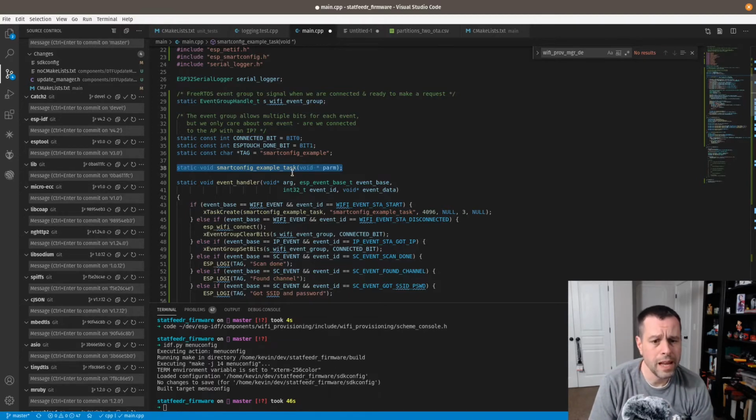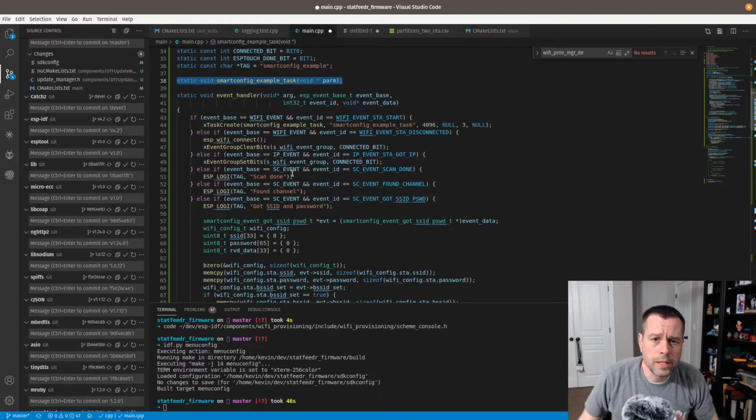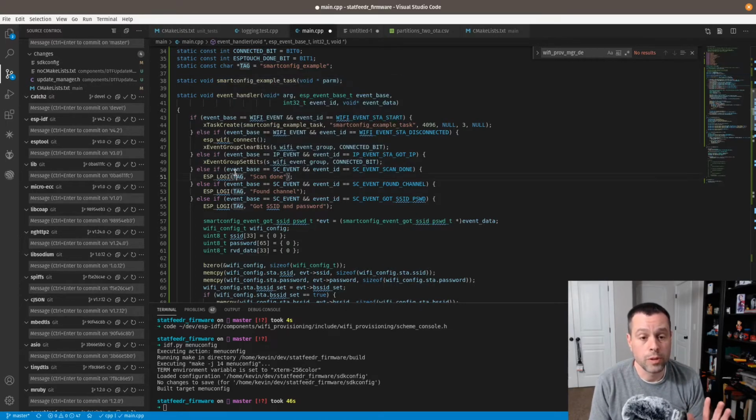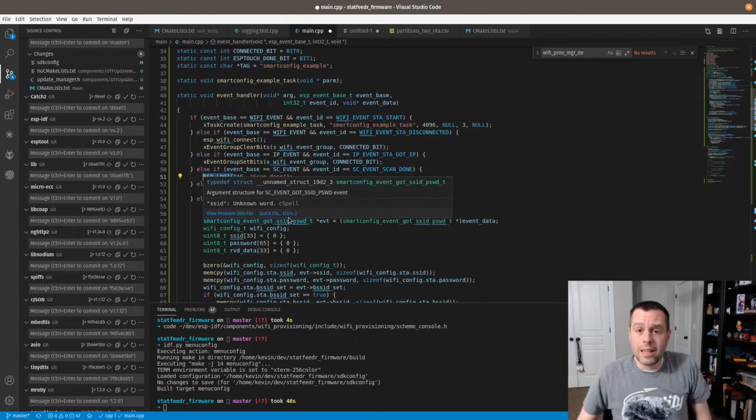All right. Now, just as we did before, I talked about this in a previous episode. As much as we can, we want to abstract interfaces away from the hardware-specific stuff and wrap them in our own things so that our code is more portable. An example of this is ESP log I. There's log W, log E for logging. That's a built-in esp-idf-ism that we don't want in our code because now our code is tightly coupled to the esp-idf. And so what we did in a previous episode, you can go back and watch, is we created